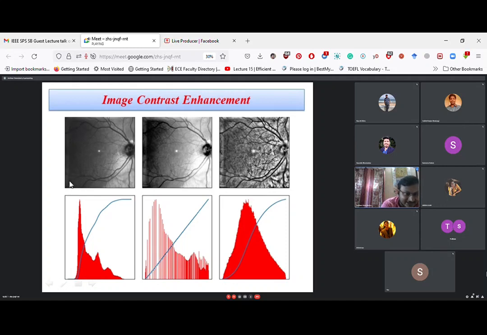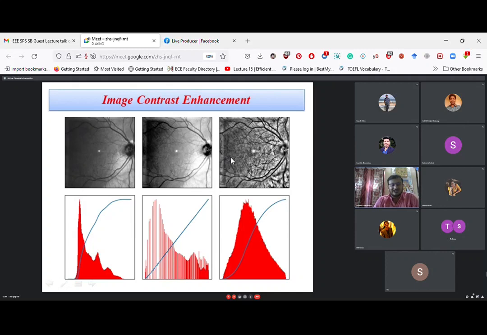segregated from this, because here it is darker. So here the vein and the trajectory of the vein cannot be understood by the doctor, because the black background and the vein are mixed up. But in this picture, it is more or less clear, and here the veins are absolutely clear in this figure. All the veins and their trajectory are absolutely clear. So whenever a doctor analyzes a retina picture, this kind of contrast enhancement will be of much use.